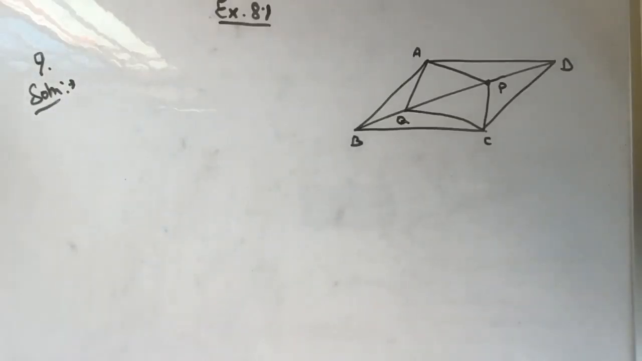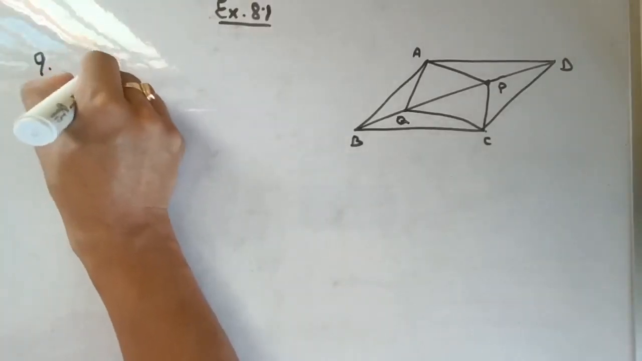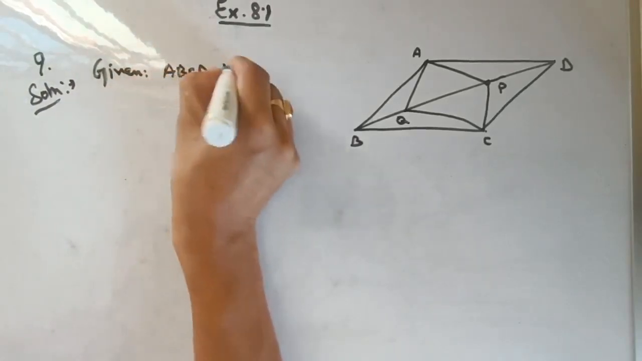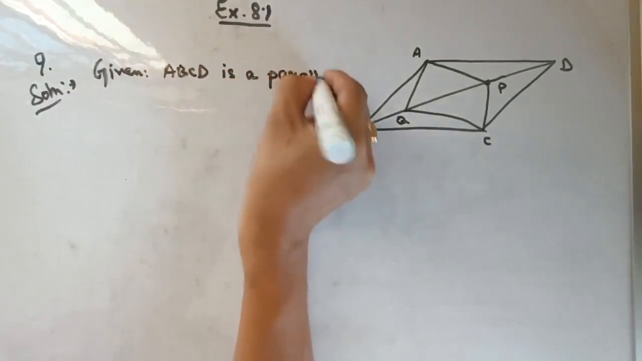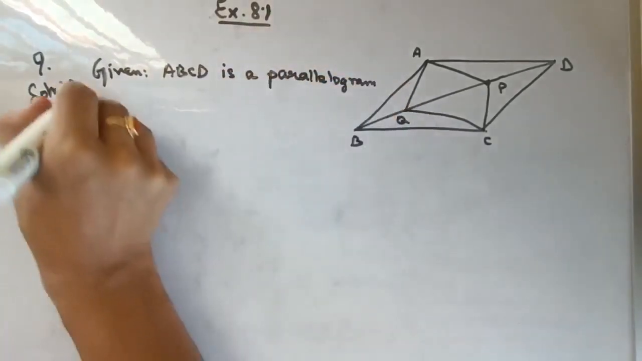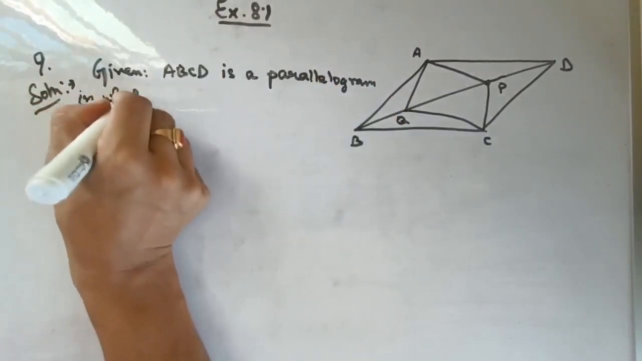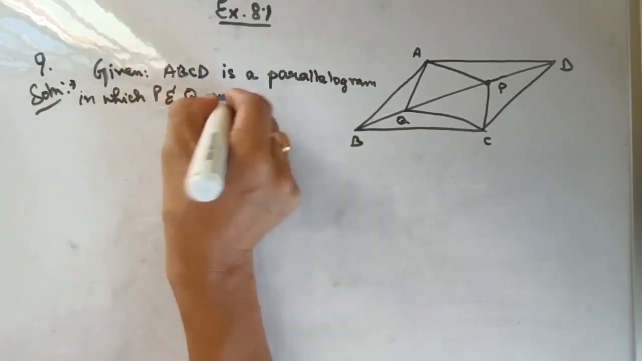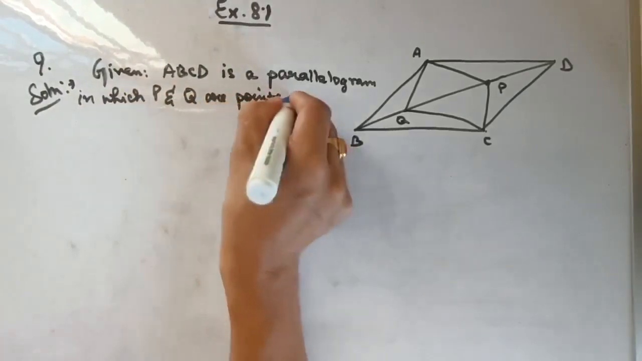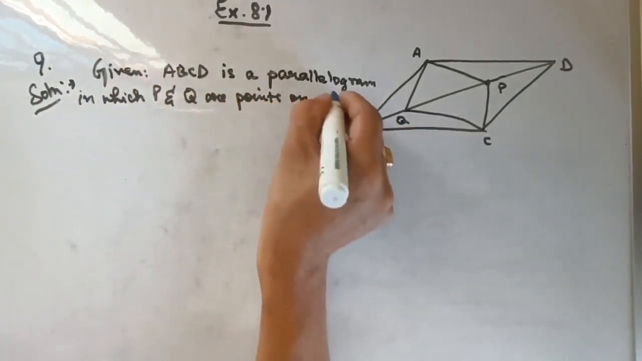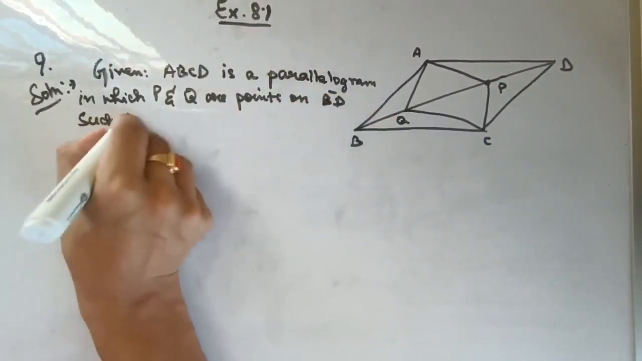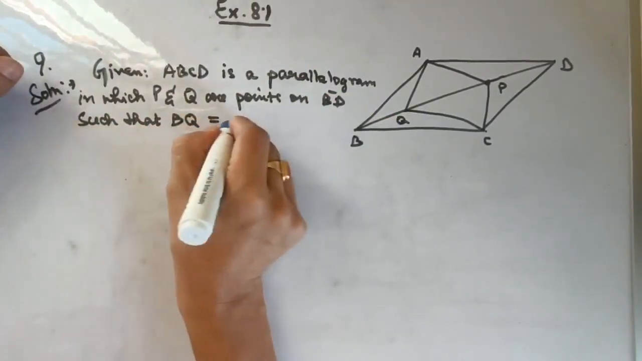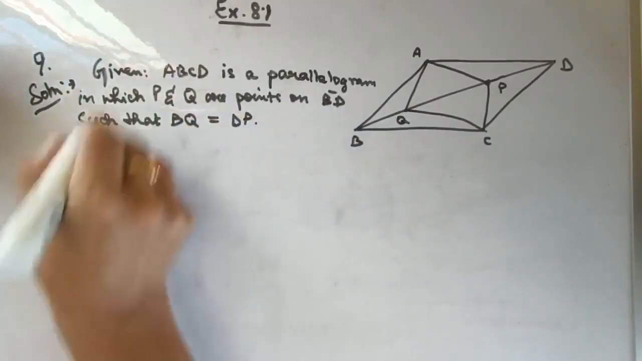So question number 9, solution. Let us first write down the given information. Given ABCD is a parallelogram in which P and Q are two points on diagonal BD such that BQ is equal to DP. To prove: